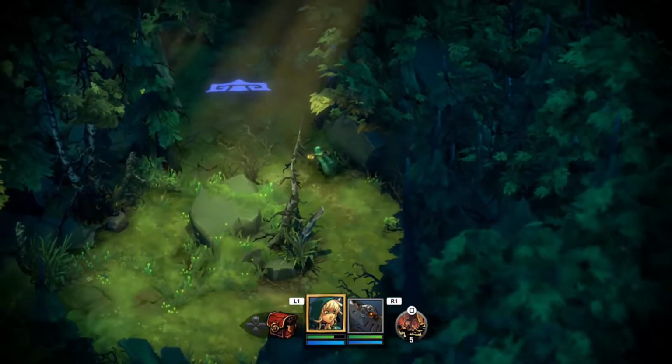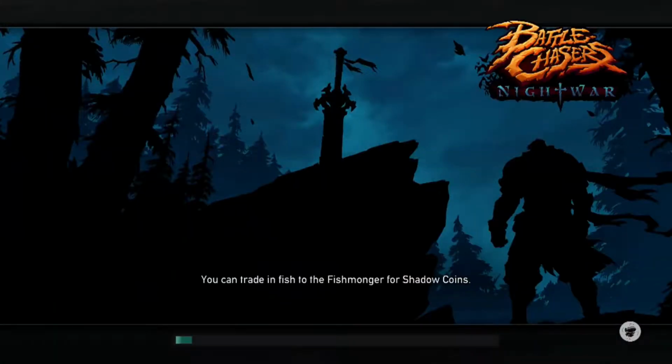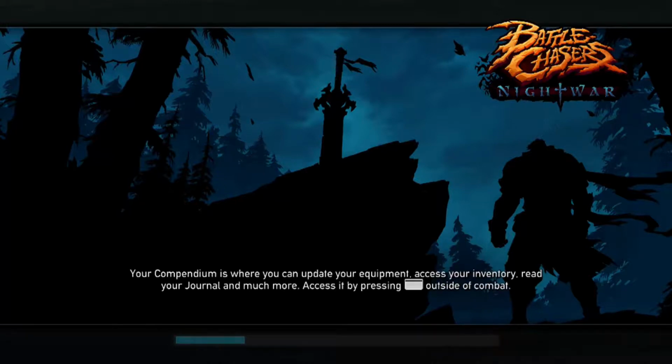Now then, what have we here? You can trade fish to the fishmonger for shadow coins. Okay. And why am I getting so many calls? Depending on where you are, you can update your equipment, access your inventory, upgrade your journal, and much more. Access by pressing the... Okay, that's...